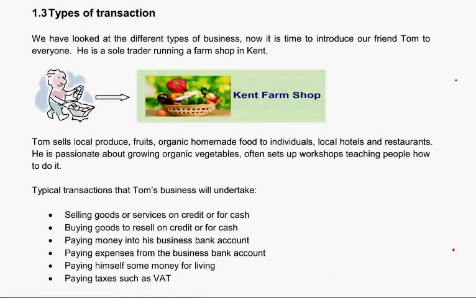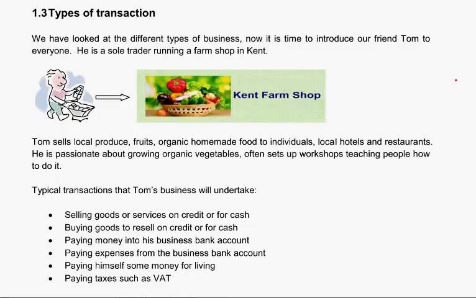Types of transactions. Now this is an area that you're going to need to be familiar with. So we've decided to introduce a business to help you do this. And we've got a farm shop who's owned by a friend, Tom. And this Kent farm shop is going to enter into and undertake all sorts of different transactions. And you're going to need to understand how these business transactions turn into business documents and then into recording